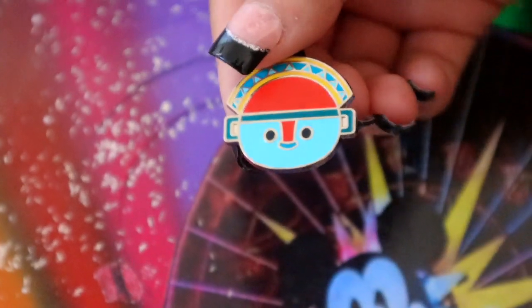Alright, let's see. I think we have like 3 more left maybe. Yeah, 3 and then more. We have a special one at the end for you guys. So stay tuned. Alright, ooh, this is Tsum Tsum too. Yeah, they're both from Tsum Tsums Adventureland. And I think we pretty much completed our...